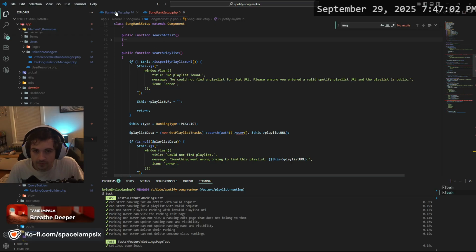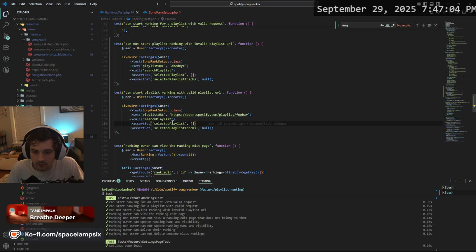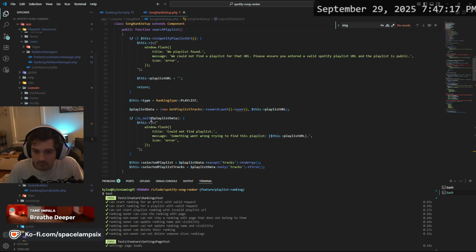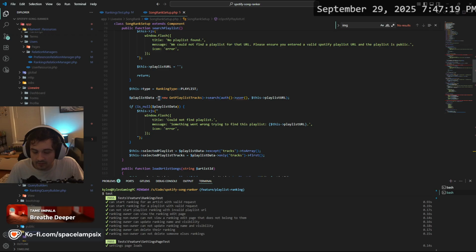We want to assert that the type is set to playlist, assert set type, and we want to make sure that it's set to ranking type of playlist. Make sure that that got set to that ranking type. Then we want to have playlist data. And I guess we want to assert not empty.